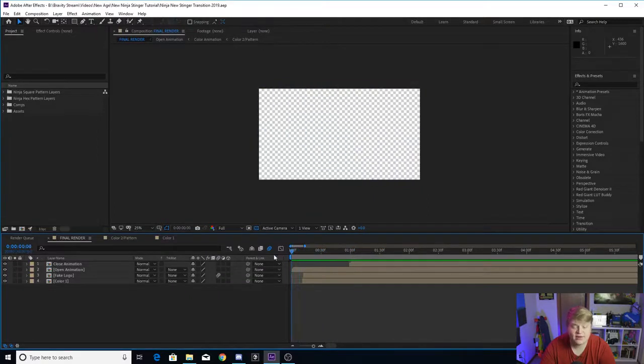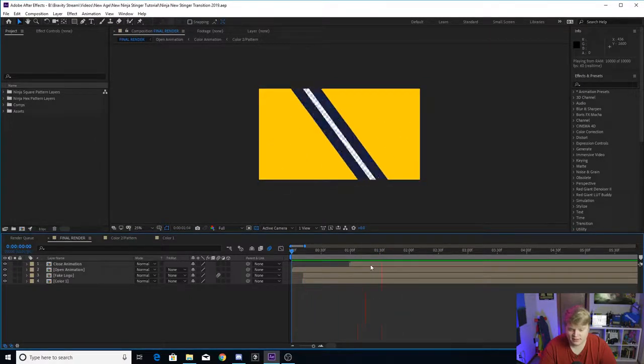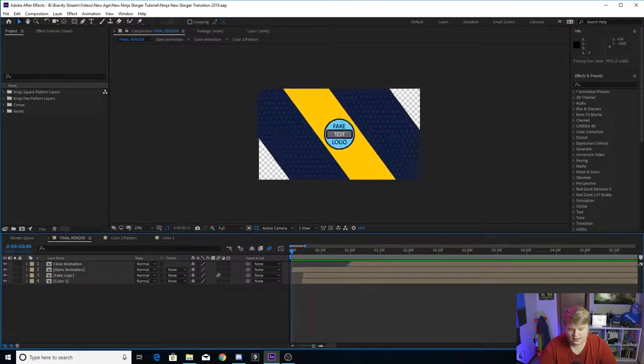It is a very simple stinger transition, probably one of the easiest ones I have ever done, to be honest. But there it is, looking really good, and it's really simple to make,